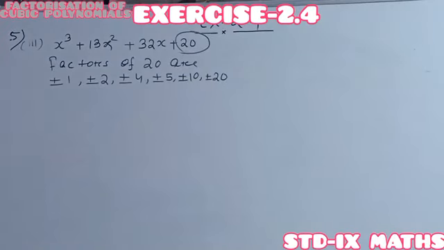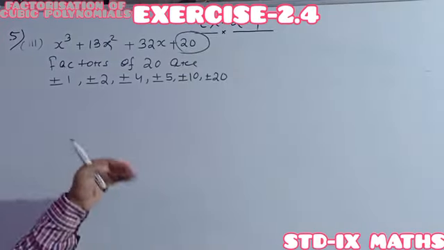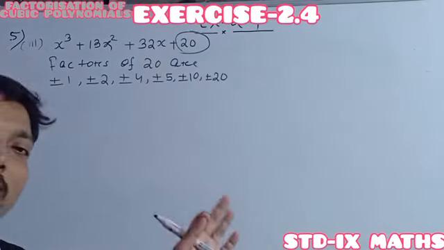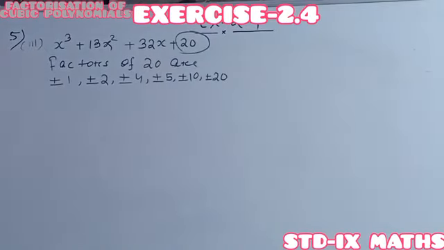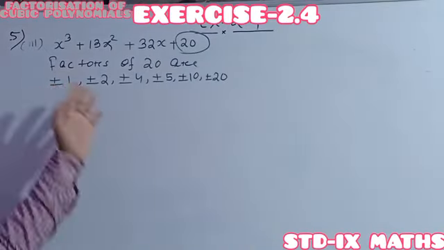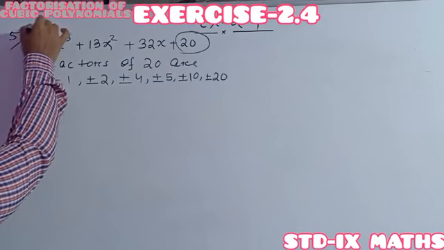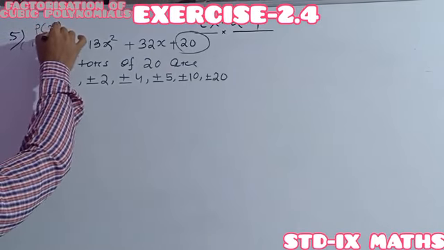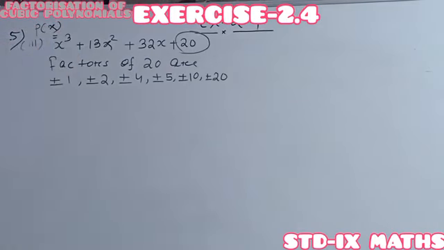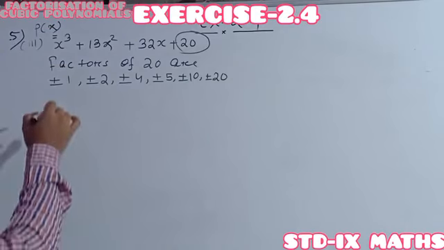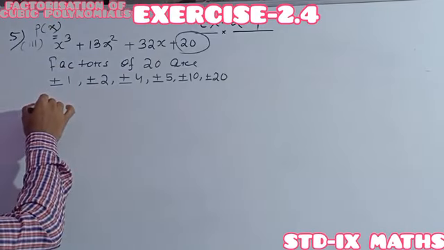Previously in number factorization you got only the positive factors, but here the extra thing is that along with the positive you have to give the minus sign, so for each one there is another extra option to be added. Okay, so first we have to check, suppose this is the polynomial P(x). We have to find out for which value of the variable the polynomial becomes 0. So first we have to take 1.